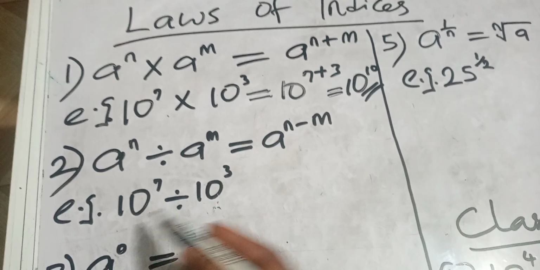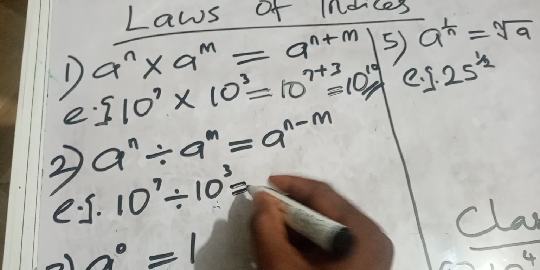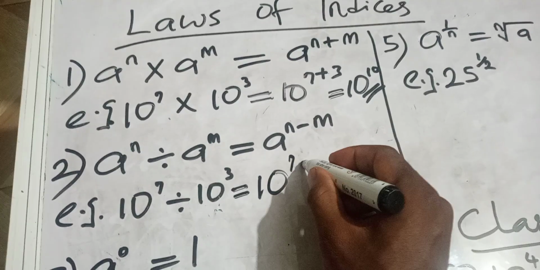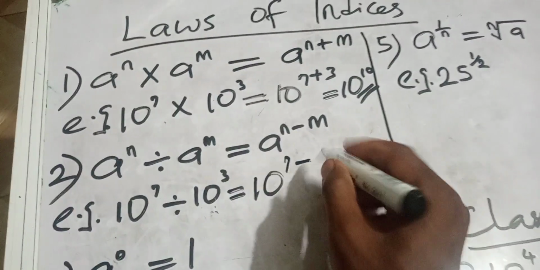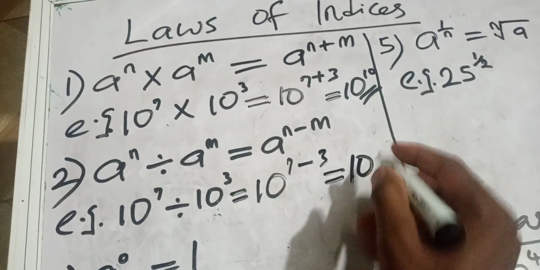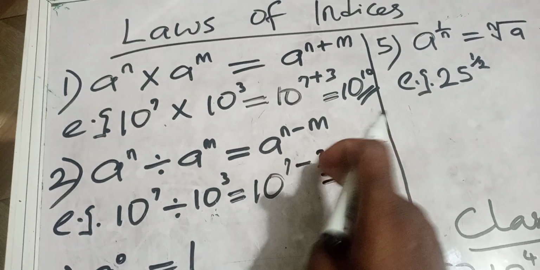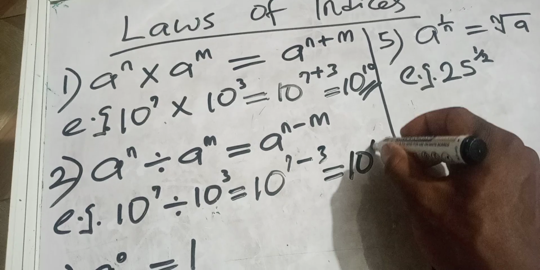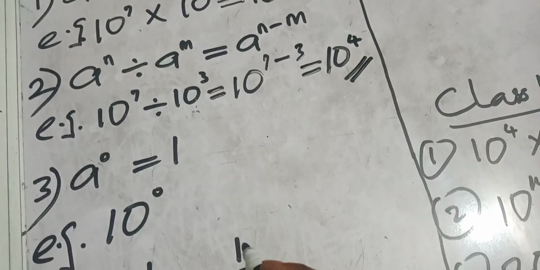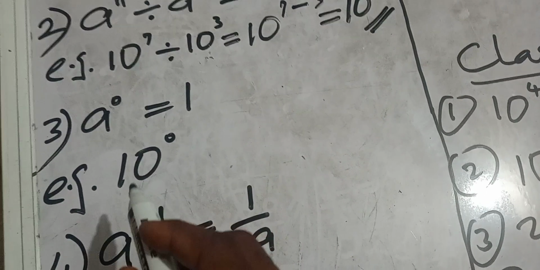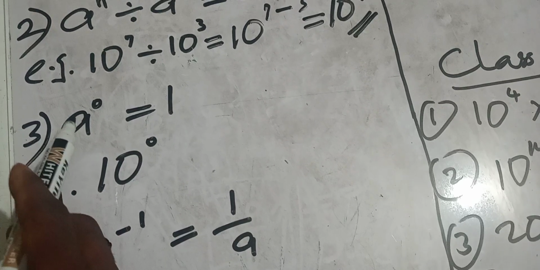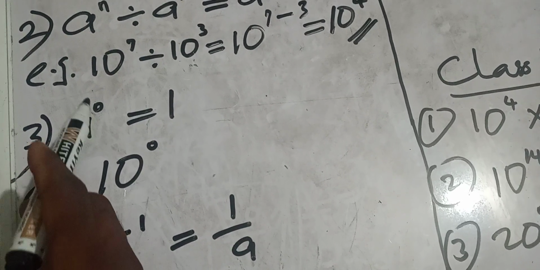Okay, so from this example, we're going to have 10 raised to the power 7 minus, because of the division here, 3. In other words, we're going to have 10. You subtract 3 from 7, you're going to have 4. That's the answer. We move to the third law, okay, which states that whatever value you have raised to 0,